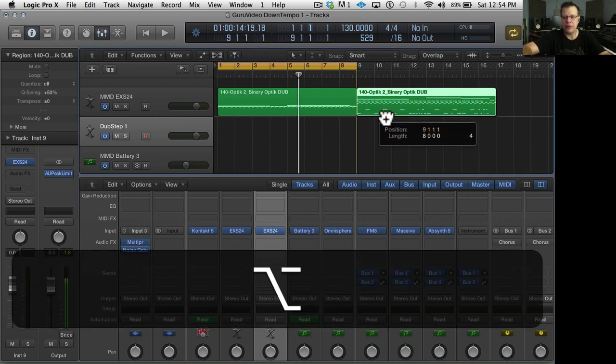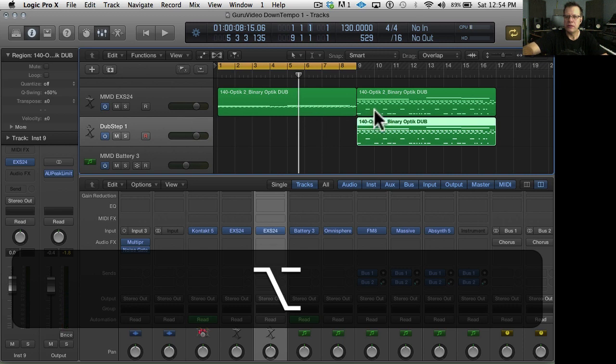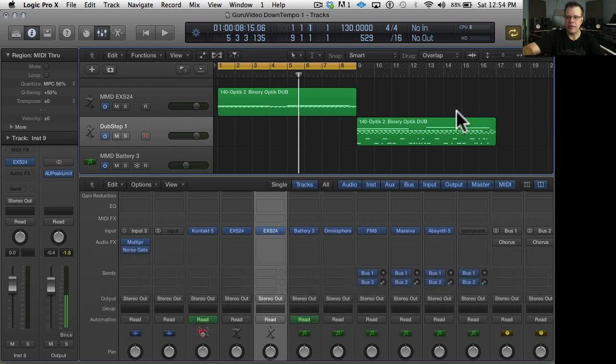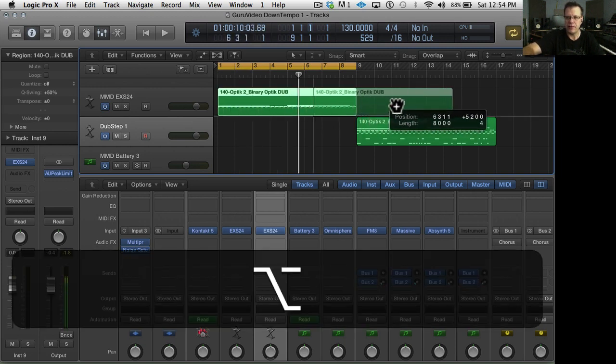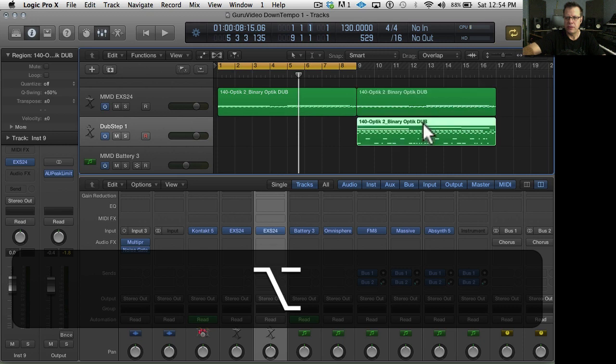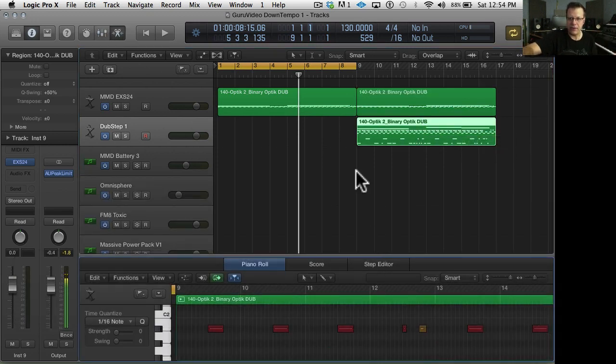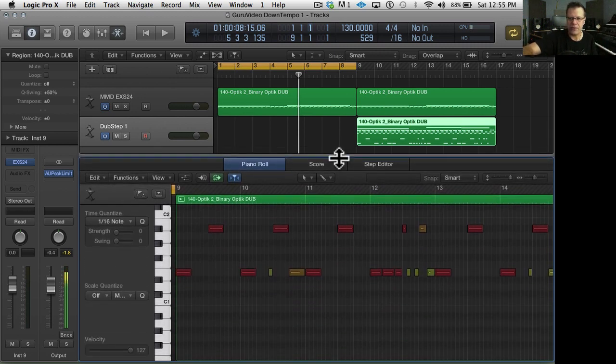Let's do this. Let's option click here and back up to here. Delete that. Because we can just have this going again. My goal is to get the kick and the snare on their own tracks and all the hi-hat stuff on their own tracks, because I'm going to do some different processing to the hi-hats.